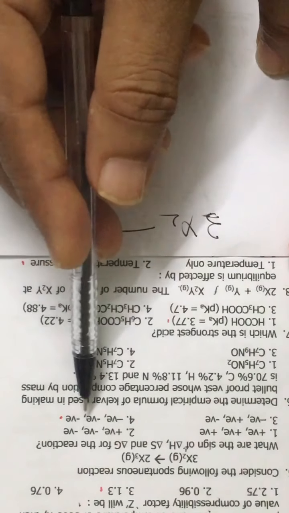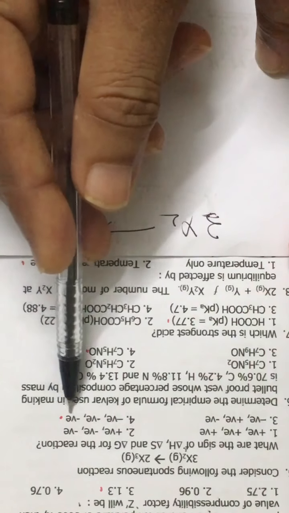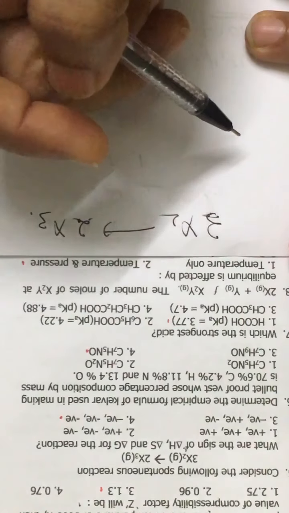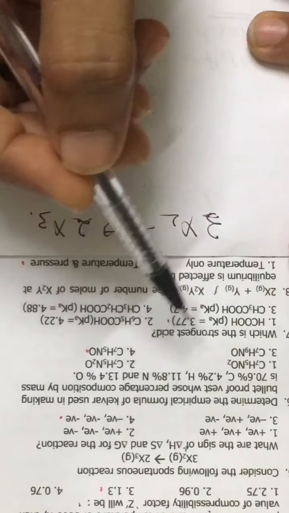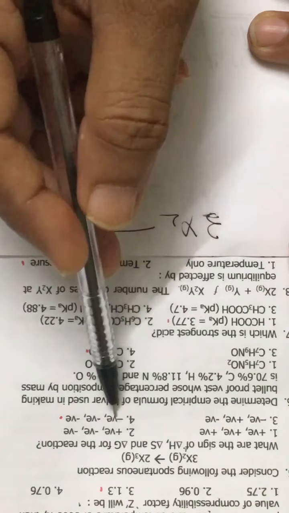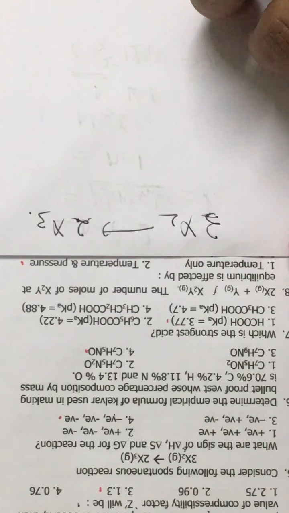So delta G is also negative, and since delta S is negative and delta G is negative, and here a greater number of bonds are formed, we can say delta H is also negative. You cannot equate it to something like ozone. You have to go with this reaction, whatever is given.